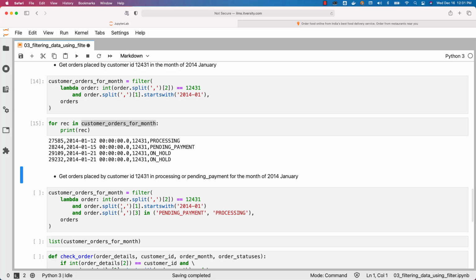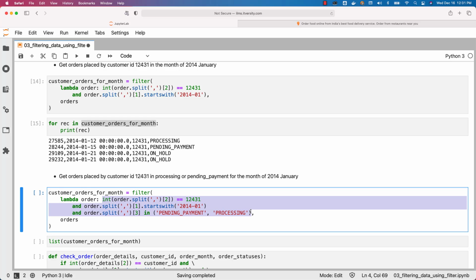Now we just want to get those orders which are either pending payment or processing for customer ID 12,431 for month of 2014 January. You just have to apply the logic like this. In this case, we are extracting the status and we are comparing the status against pending payment or processing. And this is how the logic will be. You just have to pass the orders, which is nothing but a list, which is nothing but iterable as second argument. For each and every